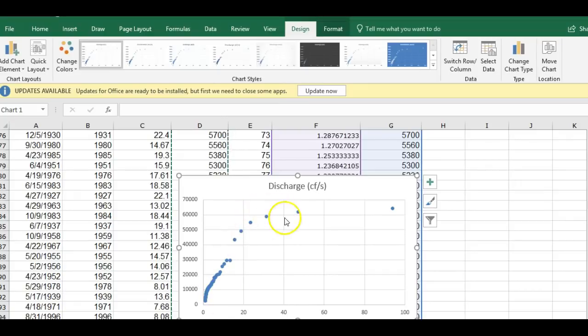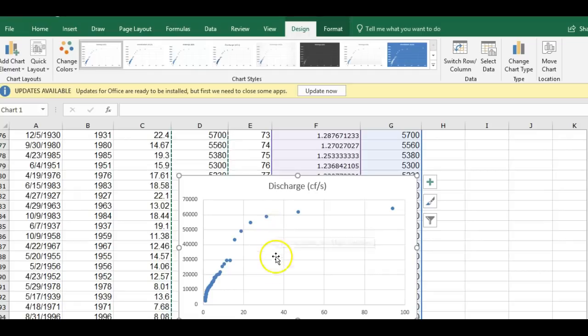So on first observation, when I look at this particular one, I can see that it is not linear, meaning it doesn't go in a straight line. It's what we call an exponential curve, which means it's a nonlinear relationship, which means I have more small floods than I do big floods, which should make sense. You need to write this down on your particular answer sheet because you will be asked,